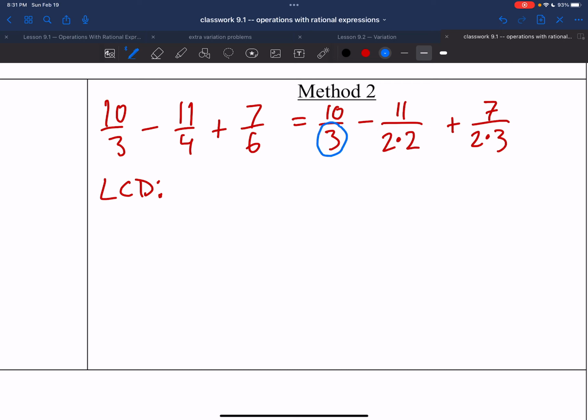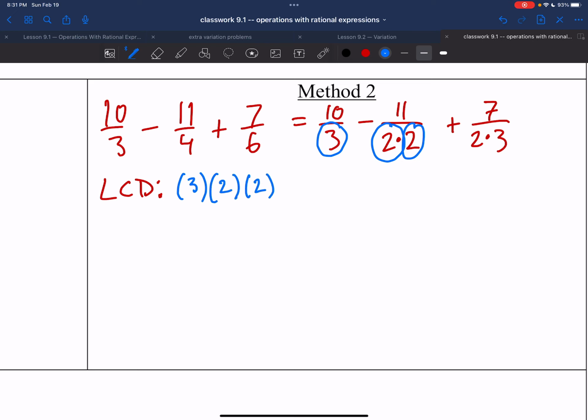So observe. I know I need a factor of 3 because 3 is in my denominator for 10 thirds. So the least common denominator has to have a factor of 3. Now I'll move to the next fraction. It looks like it needs 2 2's. There's 2 of them, right? There's 2 2's. 2 times 2. So my least common denominator, well, it needs a 4, but I'm going to leave it as its factorization, 2